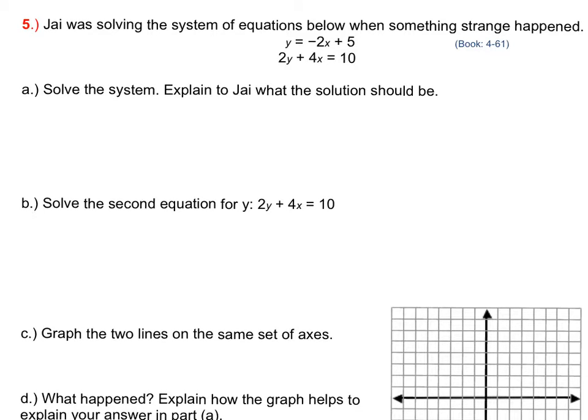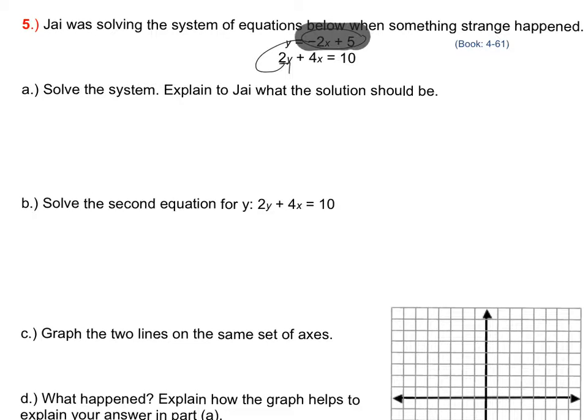This is number 5 in Chapter 3, Part 4. So what we want to do in Part A of number 5 is solve the system. We are told that y is equal to negative 2x plus 5. So what we're going to do is take that and plug it into y